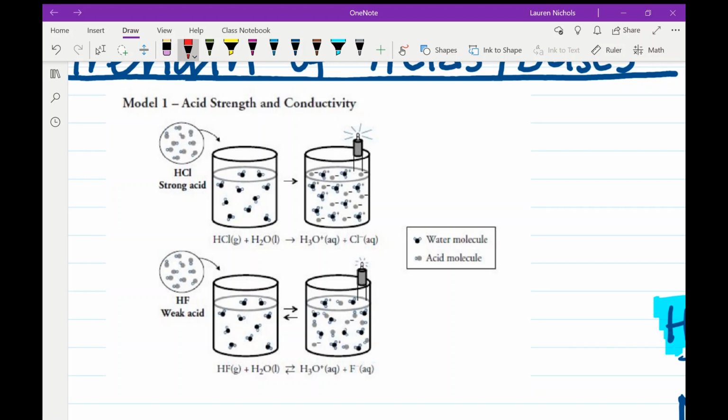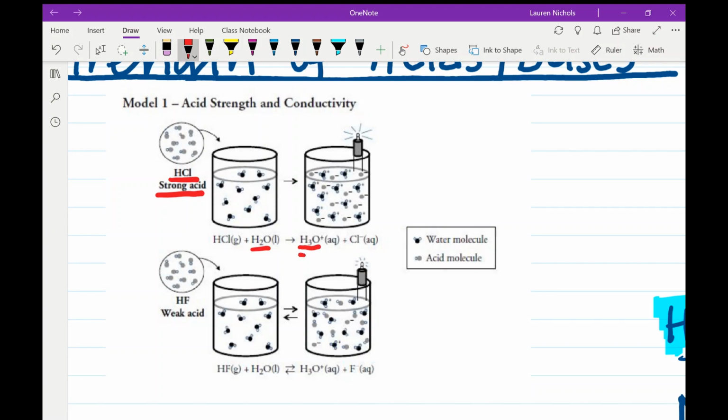However, just in case you didn't get to it, HCl, hydrochloric acid, is considered a strong acid. When hydrochloric acid is mixed with water, it's dissociating. The hydrogen from HCl is donated to the water to form H3O+, which is our hydronium